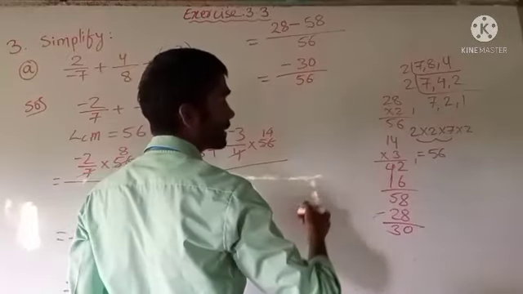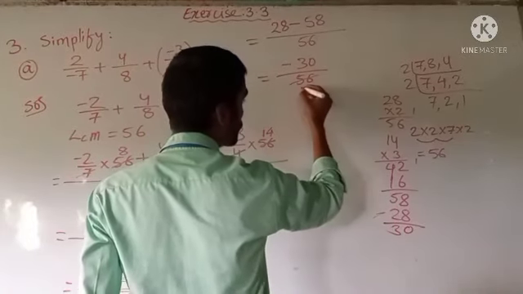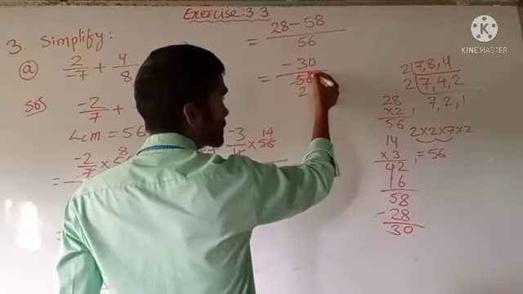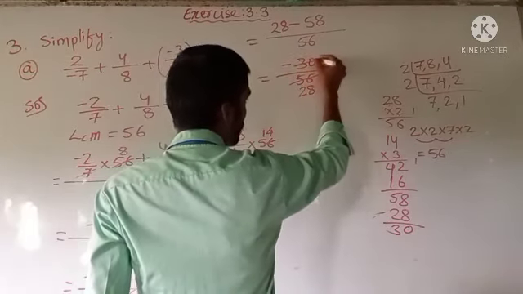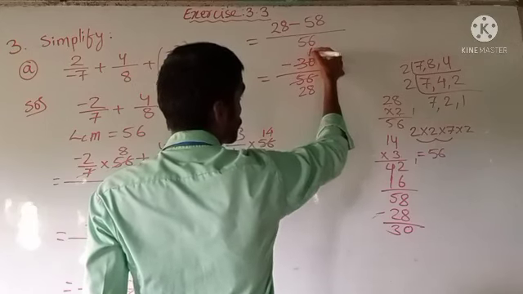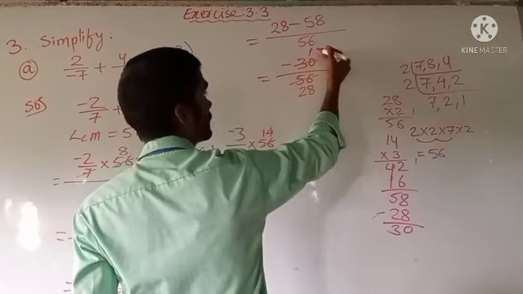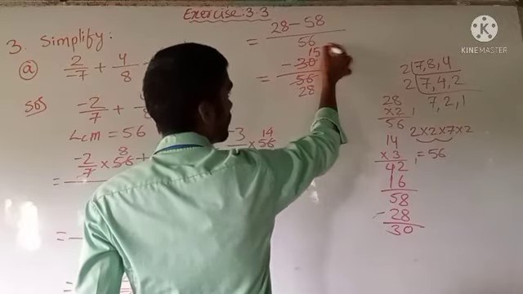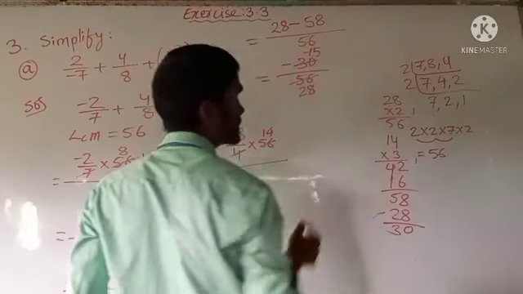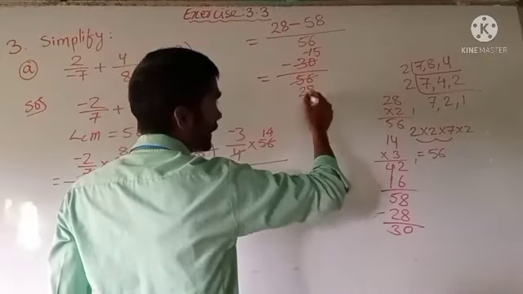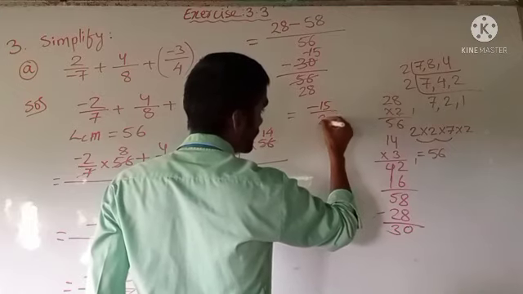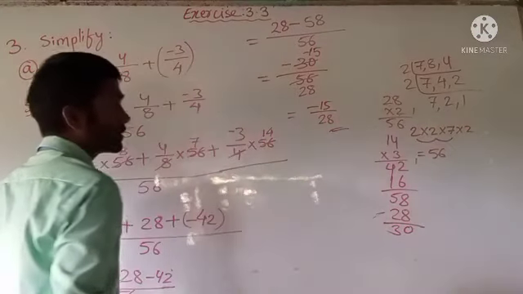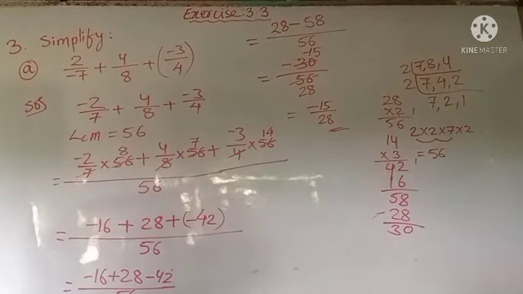Now it is possible to cancel it by 2, so we will cancel it by 2. 2 2s are 4 and 1 is extra, that 1 is carried to the next number, 16. 2 8s are 16. Now 2 1s are 2, 3 minus 2, 1, that 1 is carried to the next number, it becomes 10. 2 5s are 10. This minus sign we will write as it is. Now minus 15 and 28, we cannot cancel, so we will write it as it is, that is minus 15 by 28 is our final answer. So in this way we can solve. The remaining options also you can try, that is option number B and C.